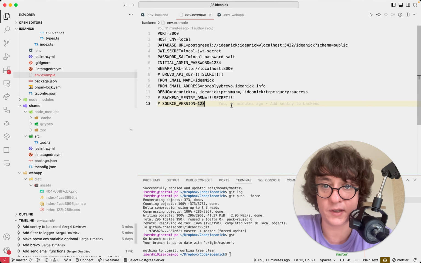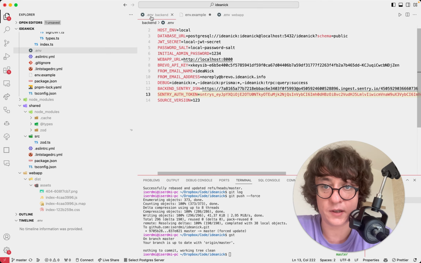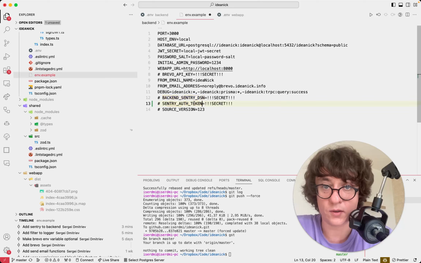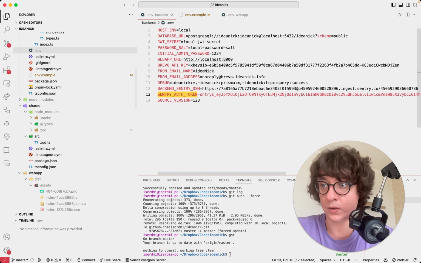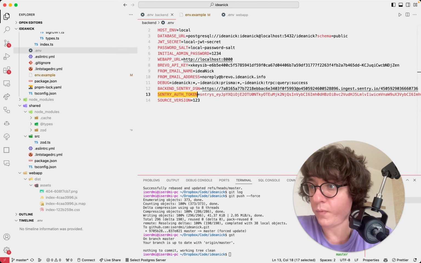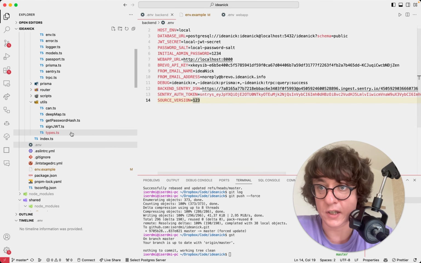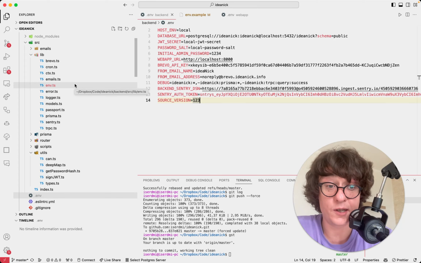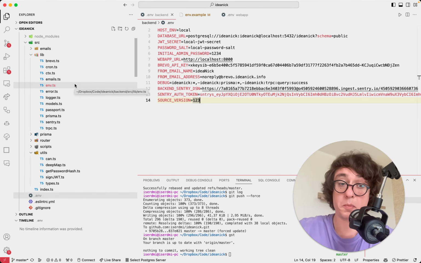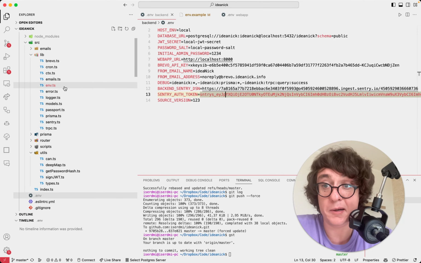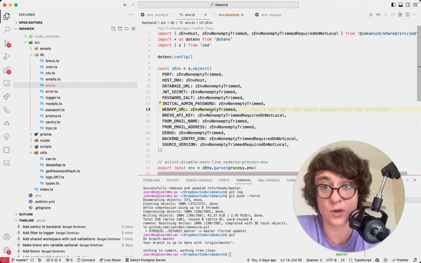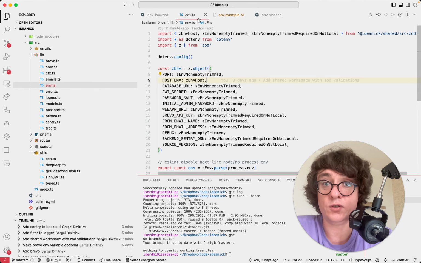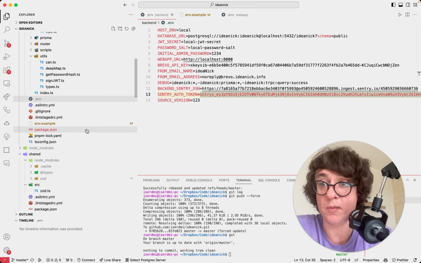And don't forget to add it to the env example. So, env example, Sentry auth token, but it will be secret. Good. Added here. Secret. And let's also add it to our env test file. Although, actually, we don't need it at runtime. We only need it during source map building. So, again, we won't add it to runtime env because we won't need to use it in the code. All right? So we simply added it in env, and we can go to the package.json on the backend